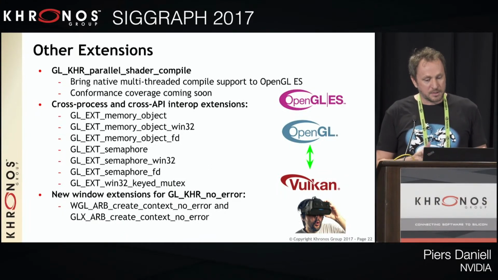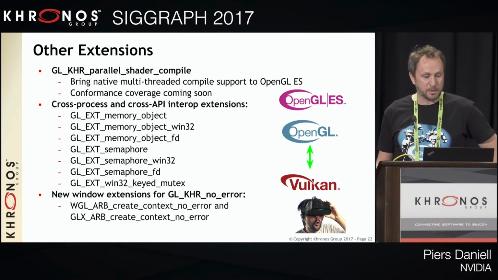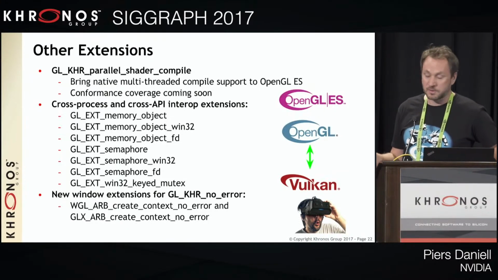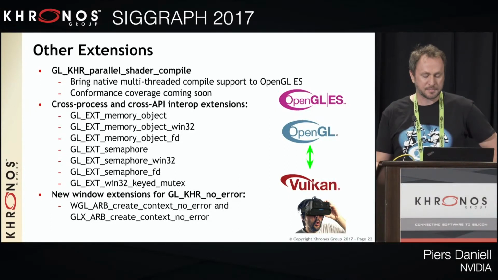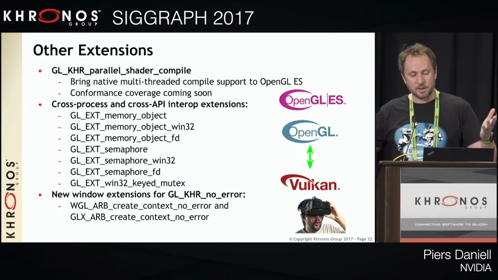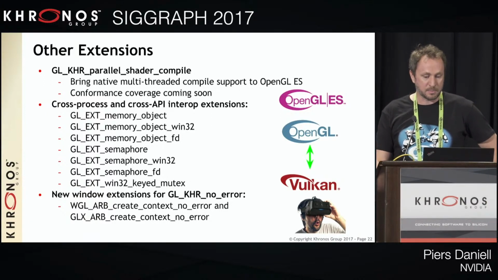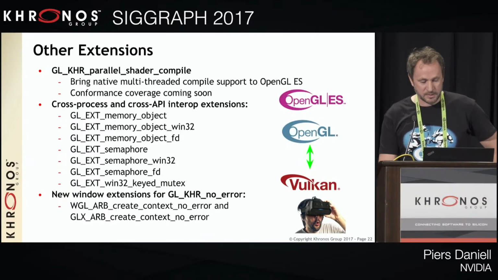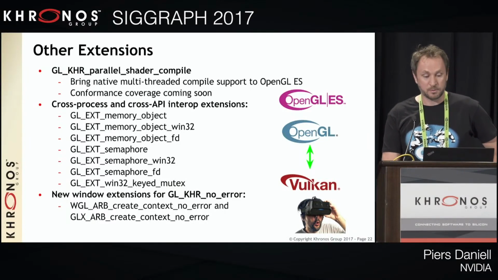This is something that Khronos didn't ratify, but just a demonstration of the ecosystem doing really well is that there's a whole bunch of new cross-process and cross-API interop extensions, and these are vital for OpenGL sharing with Vulkan, or other things, or cross-process and stuff like that. This is useful, for example, doing your rendering in Vulkan, then making the OpenGL do the VR HMD. So that now that's supported, and it works really well with the Vulkan interop extensions. And then we've added a couple of Windows extensions for KHR no error, so you can tell the driver to not check errors anymore, maybe reduce some overhead.